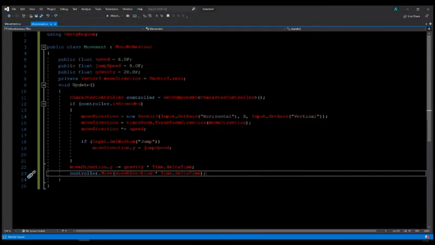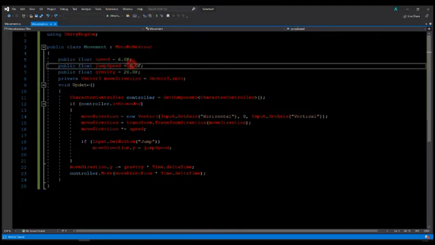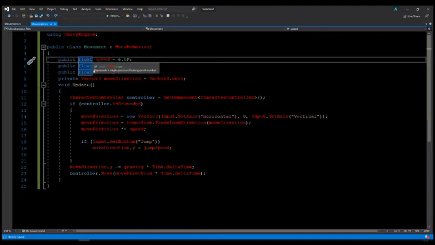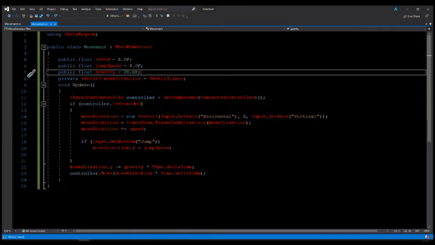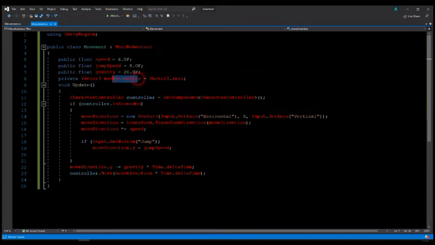As in our last script, we have created a few public floats over here. The first float, which is a value of a certain thing, and the certain thing is speed, which is equal to 6.0 floats. Public float jumpSpeed, and this is the jump speed, which is the height of the jump, which is 8 floats. Public float gravity, this is the new concept. The gravity or the pull, as you know from your classes, is 20 floats. Private Vector3 moveDirection is equal to Vector3.zero. Now what we are telling is the moveDirection is equal to Vector3.zero, which is 0, and that's what the move direction is.